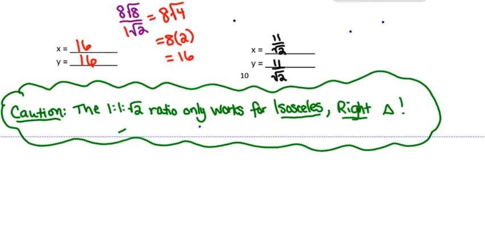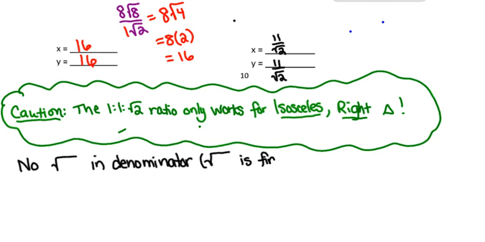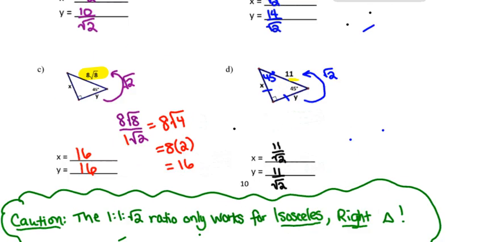The other thing that I need to let you know is that when you go to do the check your understanding questions in Delta Math, it will not let you input an answer that has a square root in the denominator. Square roots are, however, okay in the numerator. So if I take a look at the answers that I got for the questions that I did in the video,